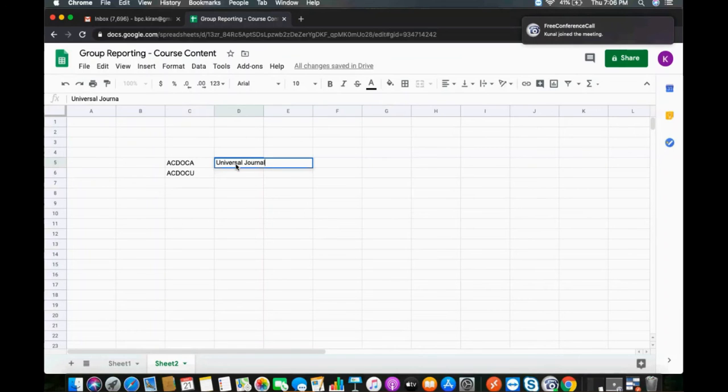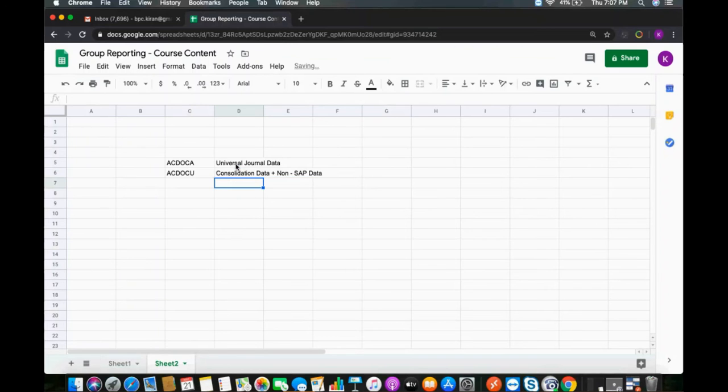ACDoc U is consolidation data. Prior consolidation, after consolidation. Plus non-SAP data. So non-SAP, whatever trial balances are there, those are in ACDoc U table only.